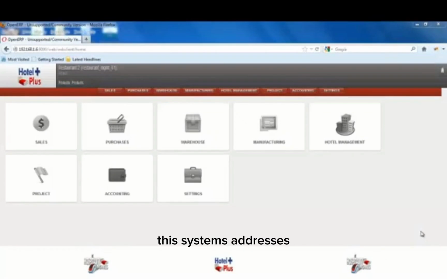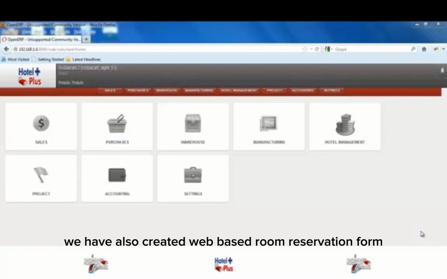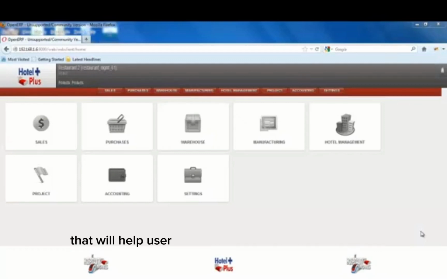This system addresses the key functionalities of the hospitality industry. It covers hotel room reservation system, restaurant management system, inventory, pickup and drop facility management, laundry management, banquet hall management, and additionally we have also created a web-based room reservation form that will help the user to book and pay for the